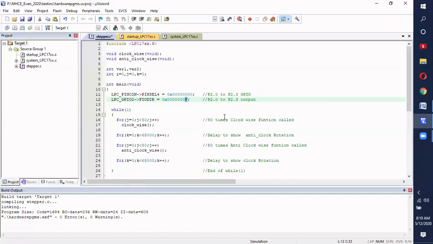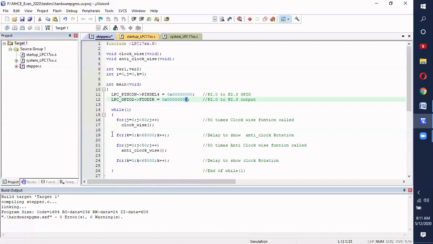Next, any embedded system should be in a continuous loop, so we have used an infinite loop here, while(1). Whatever you write here will be in an infinite loop. A real-time embedded application should never terminate, so we have written it as an infinite loop.